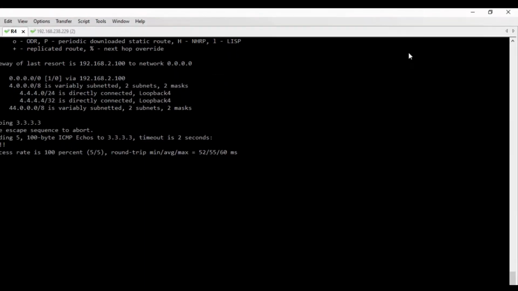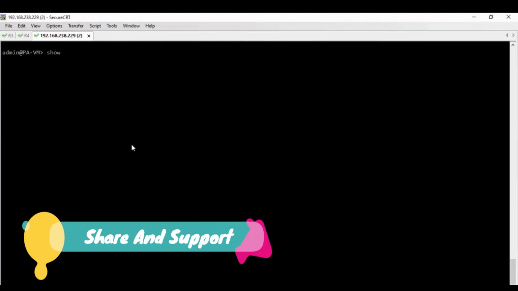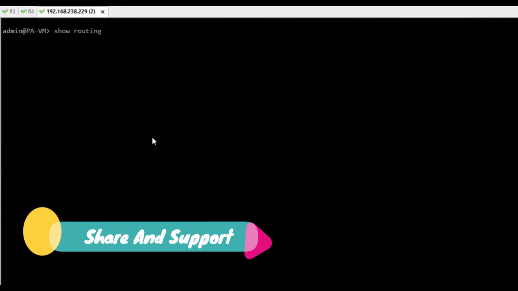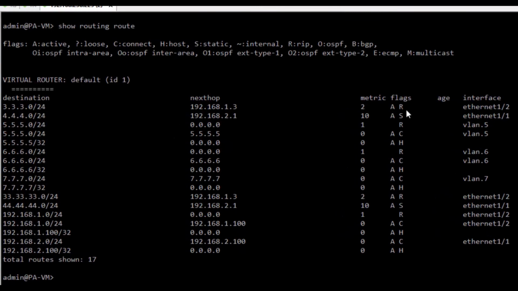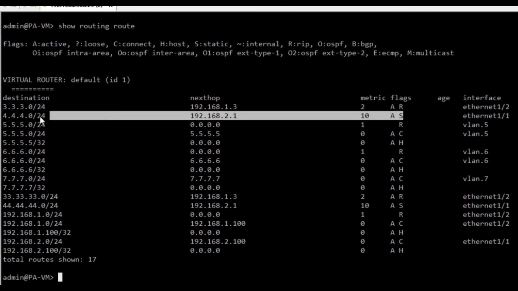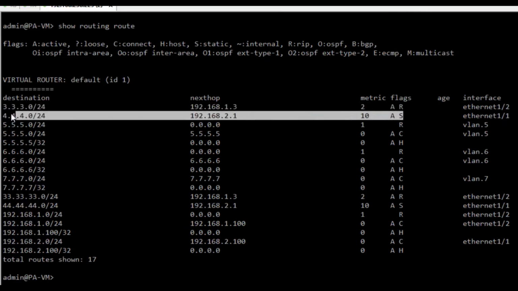Now let's check on the firewall: show routing route. In the routing routes, I got an A R, that is active and RIP enabled, and active static, that is 4.4.4.0. So in a single device I have two routing protocols, that is RIP and static routing.